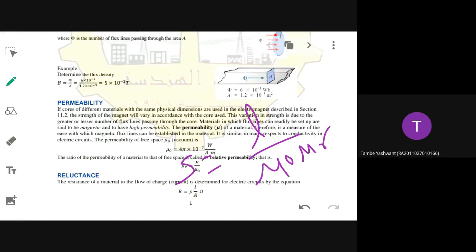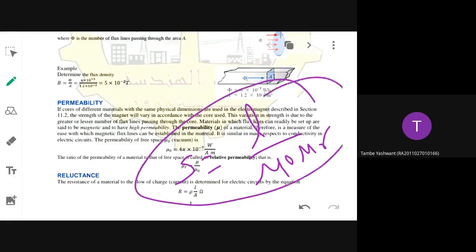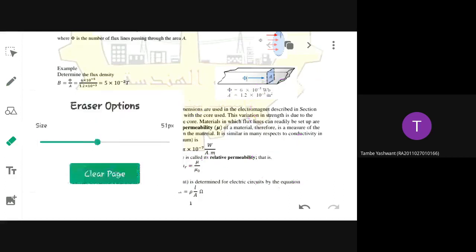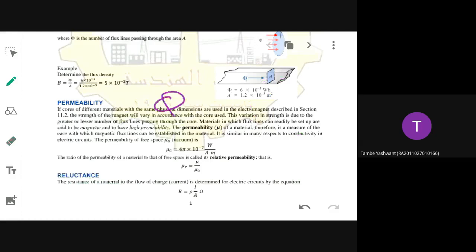How that equation comes up for reluctance you need to derive. That we'll discuss now. But before that, remember the formulas that you have discussed. Phi we have discussed, and phi divided by A is equivalent to what parameter? B, flux density. And then mu will be equivalent to mu naught into mu r.